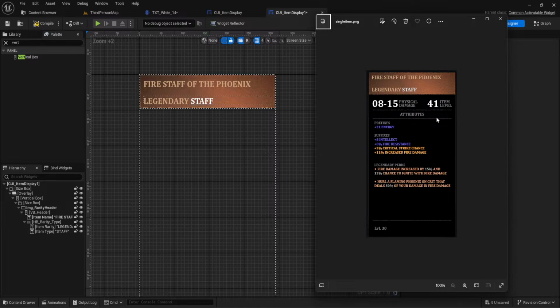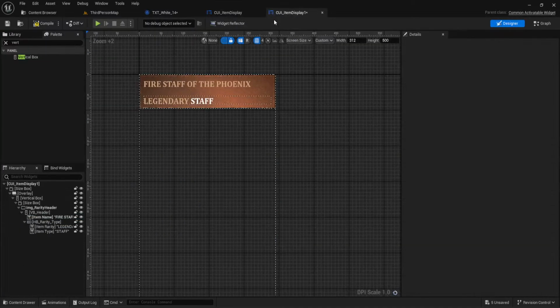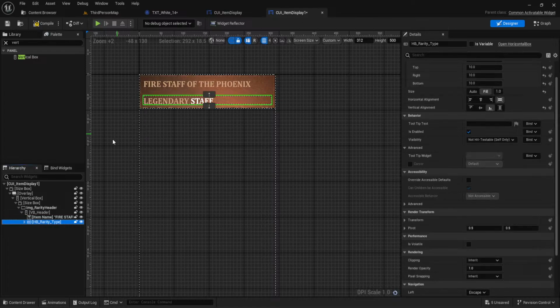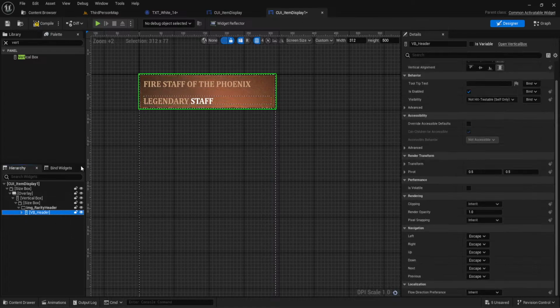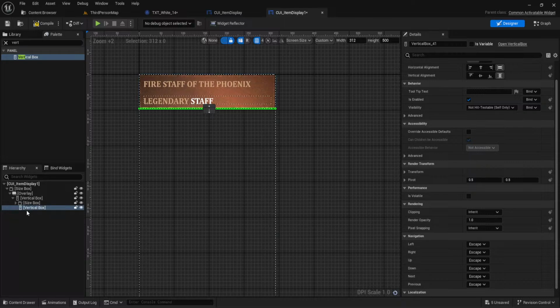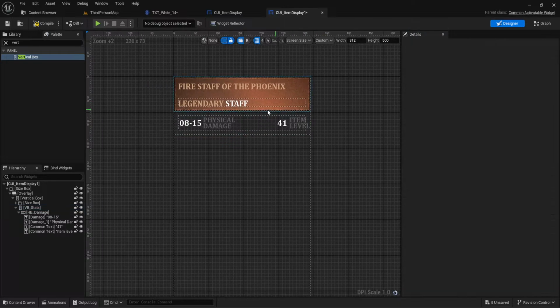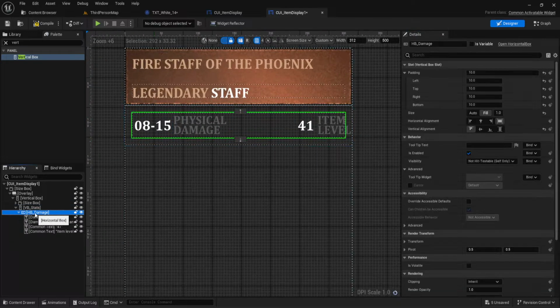So next we got to do a box for the damage and item level. I did set that up in this one, so let's just go ahead, copy this and make some tweaks to it. And we need to put it into a different box. So we'll get vertical box here, and then we'll paint here. Vertical box. I don't know. We'll just call it like stats. Okay. And then let's